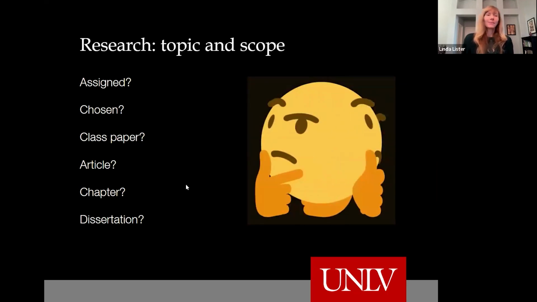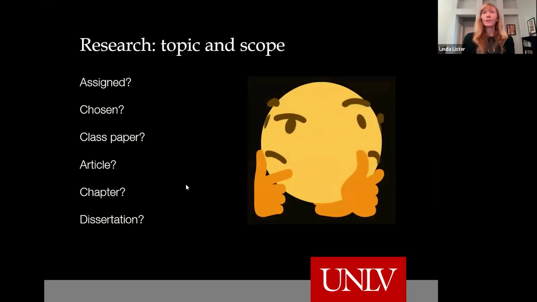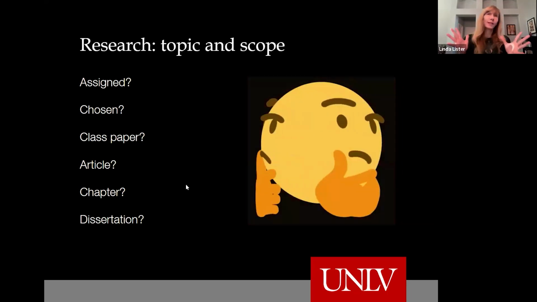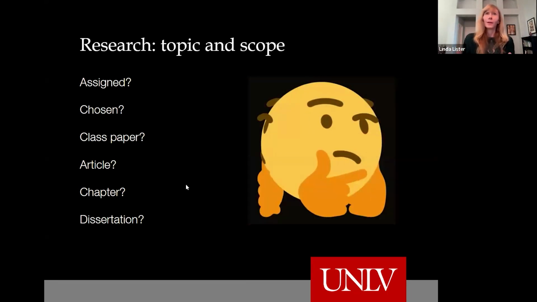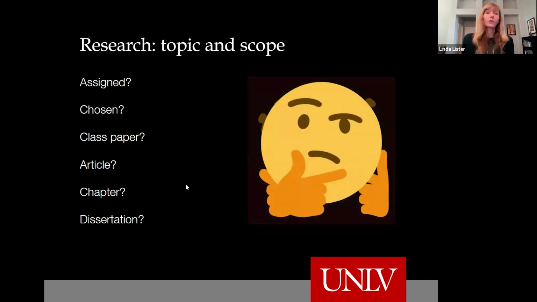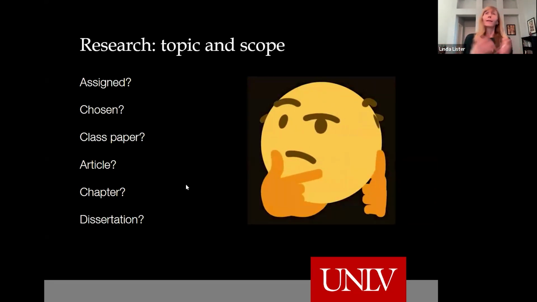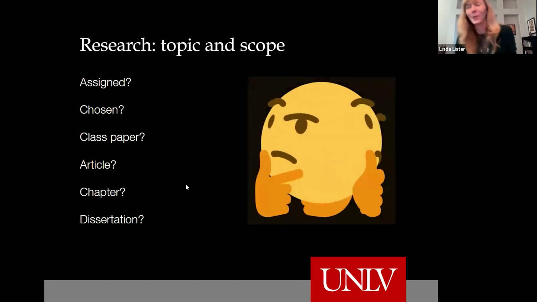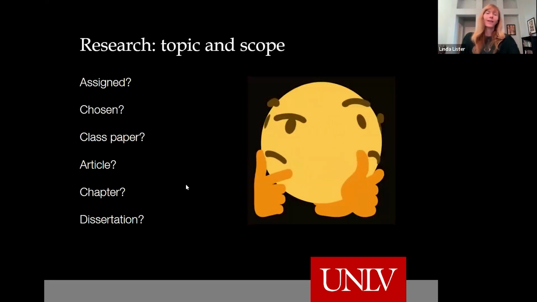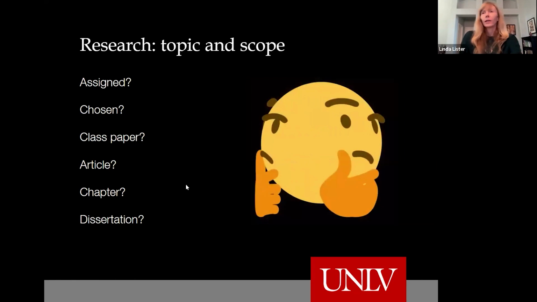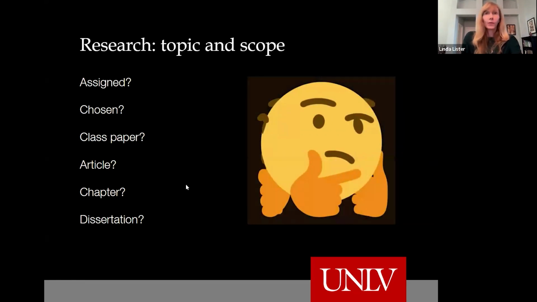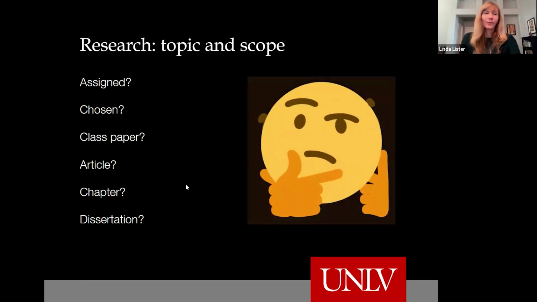Most people, regardless of whether they're thinking of a paper or a dissertation, end up maybe having a topic that's a little broader than is actually feasible. And that's okay. So you start with the big picture and then you narrow down, you realize, oh, yeah, I don't want to write about all of Shakespeare's plays or all of Mozart's operas. I've got to narrow this down. So that's a process. And some of that you'll figure out on your own. And some of that, hopefully you have advisors, committee members who could help you.